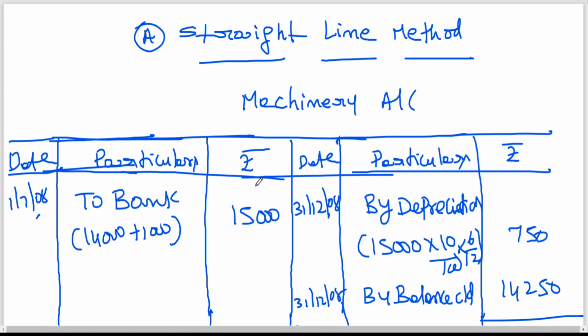So what is the difference here? What is the main point you should learn? Whenever installation charges or anything is to be added to the concerned asset, depreciation under straight line method is always calculated on cost price. Cost price means the price at which you are acquiring the asset, including any incidental expenses. Without installation charges, can you start using the asset? When you purchase an air conditioner, can you use it without installing the split AC onto the wall? No. Machinery is to be installed; without installation, can you start using it? So these are called incidental expenses, related expenses, without which we can't use the asset.